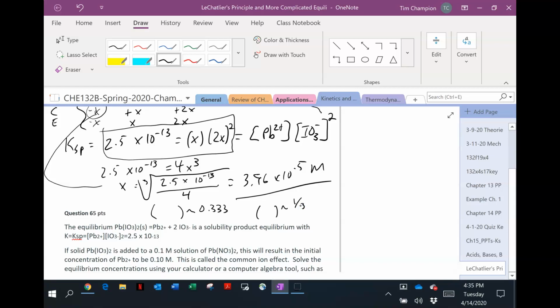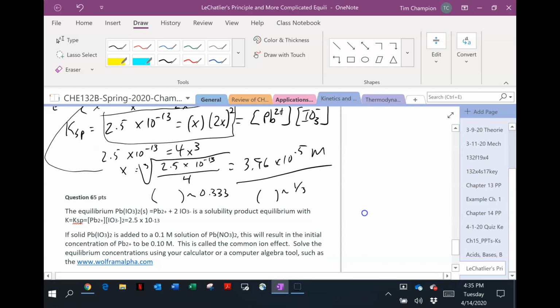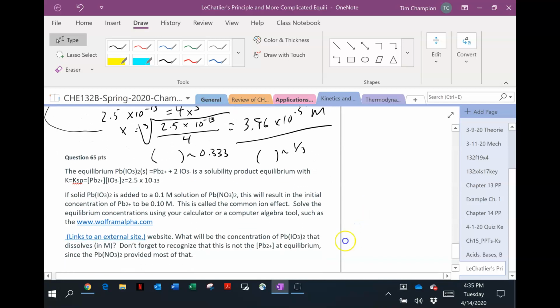Or, for example, if you were punching it into Wolfram Alpha or something like that. All right, now, next problem